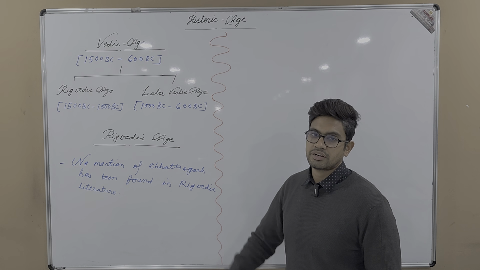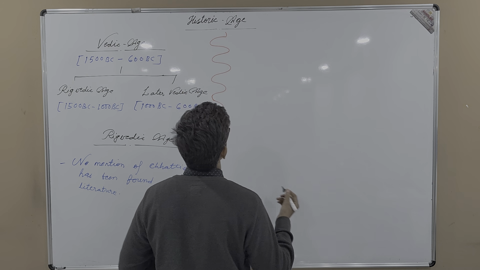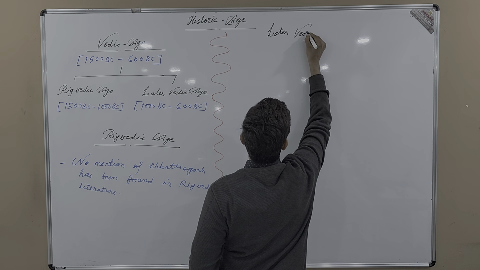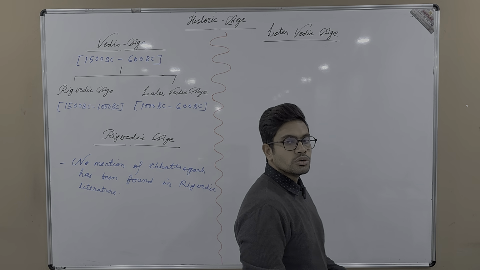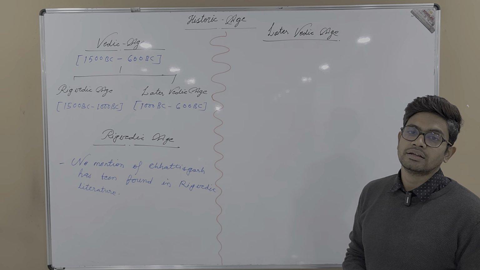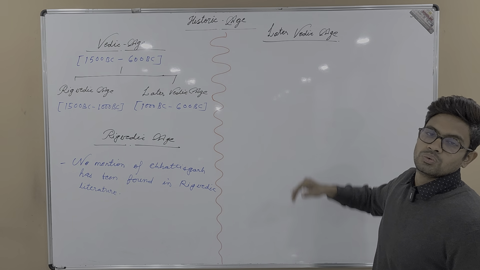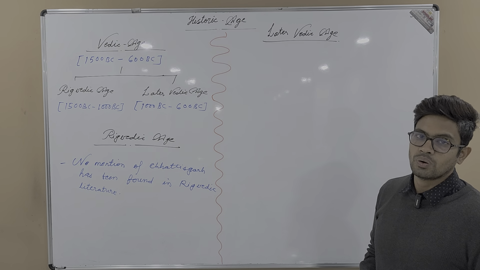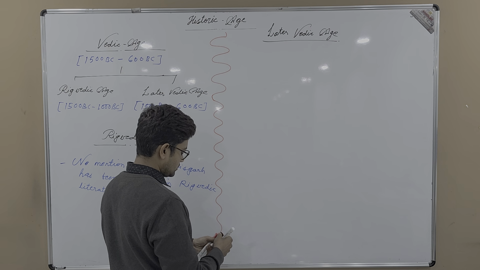So this is a very prominent fact. Now let's talk about the later Vedic age. For the first time, we get to see some mention of Chhattisgarh and adjoining regions in the literature of the later Vedic age. Now, what are those treatises and books which mention Chhattisgarh or the adjoining areas? Well, those treatises or books are: